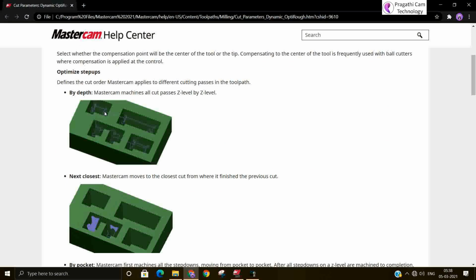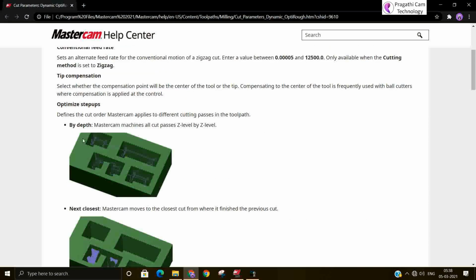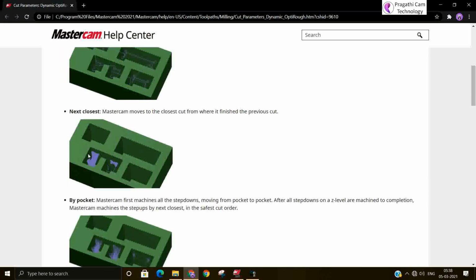Next closest, if you say, okay. By depth you can use it. It depends upon your requirement. Next closest is the best one. So material is all over, but what is nearby it? So the next one is nearby.